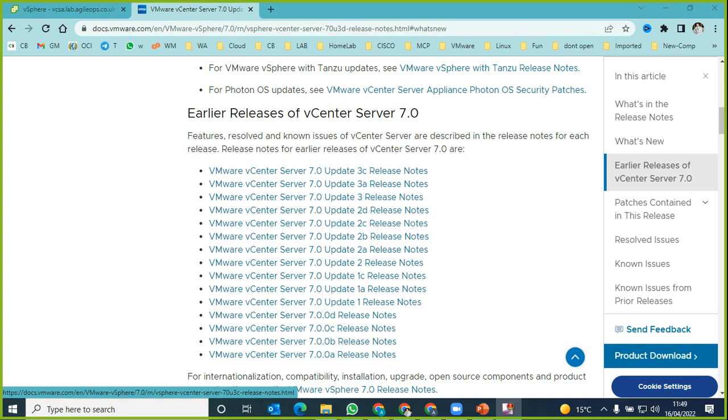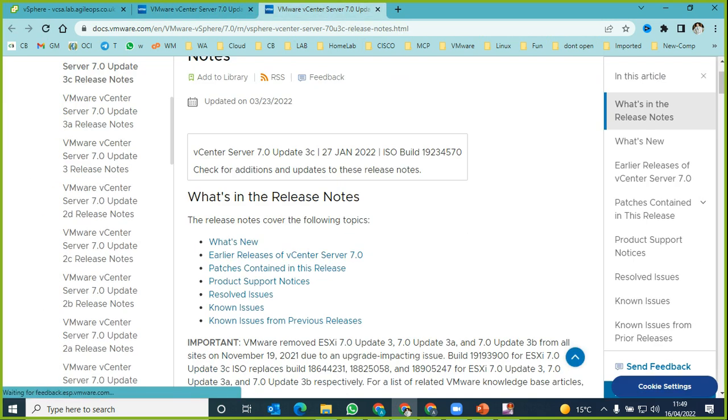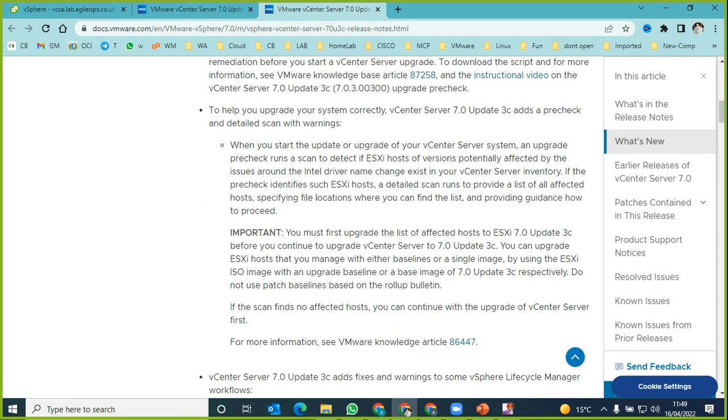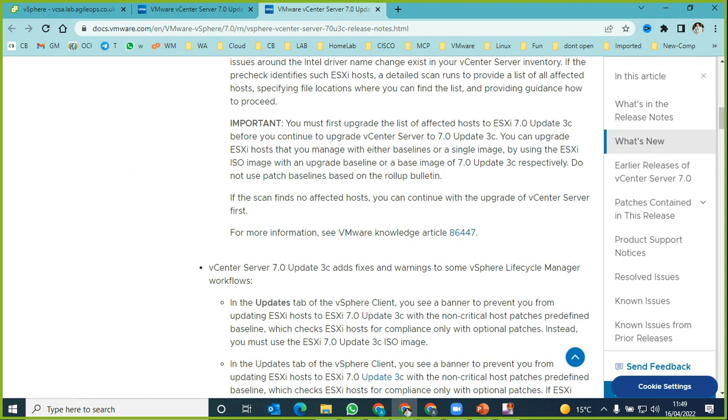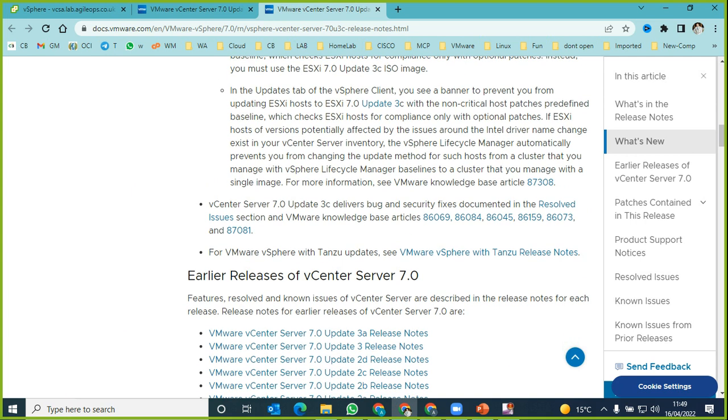Okay, so if you click on these release notes, it is a time consuming thing. You need to go through and understand what is new, each and every thing, just to see whether there are any issues, and also go to the VMTN forum and other places where you have